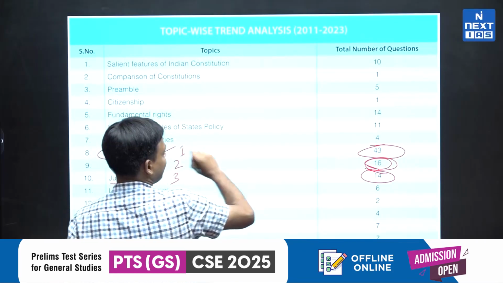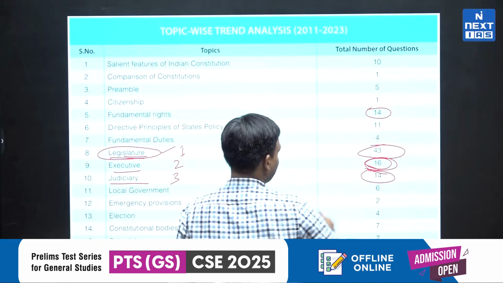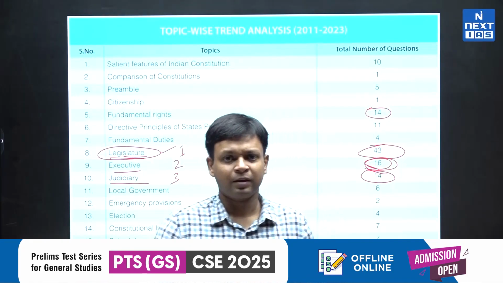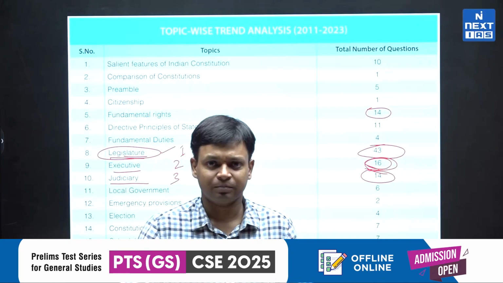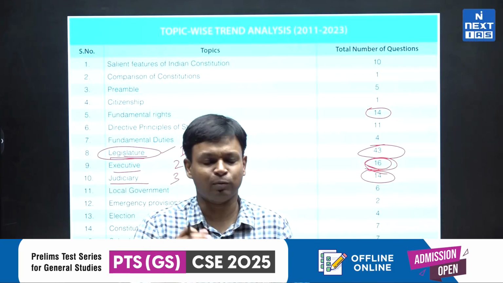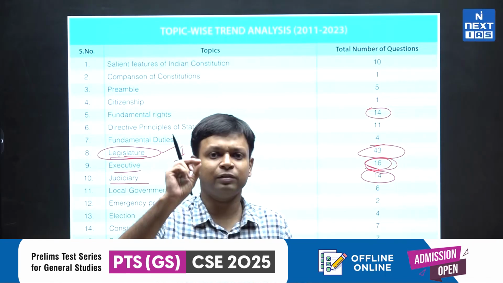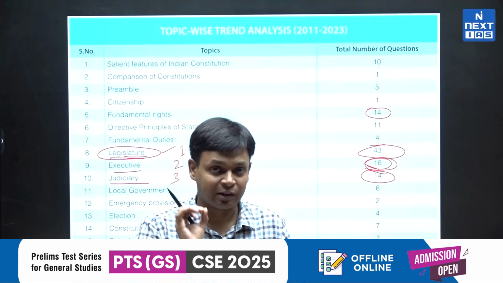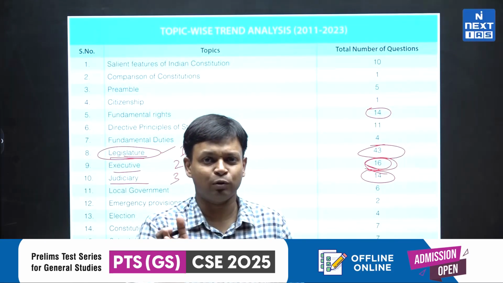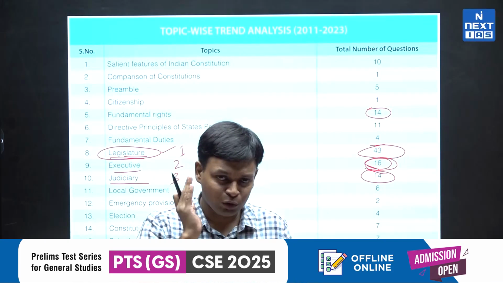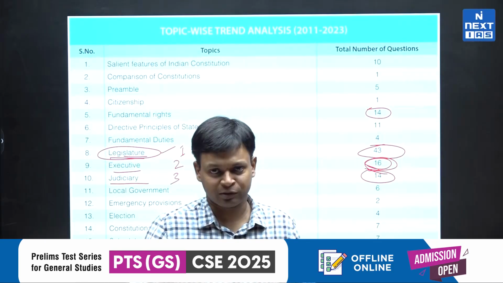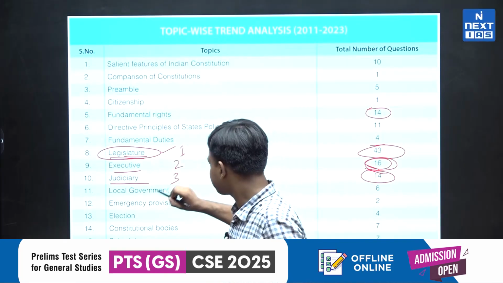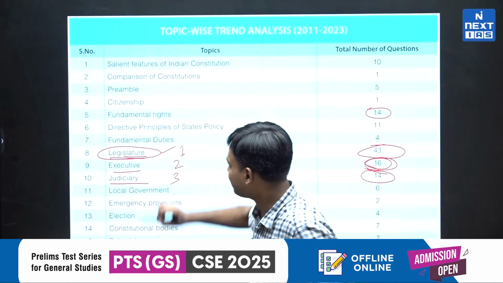And similarly fundamental rights, it is again parallel to judiciary. So अगर हम list बनाएं कि सबसे important topics क्या हैं, if you are making a list of the most important topics for polity, the topmost priority will be legislature. You have to complete legislature topic very, very thoroughly. You have to go through whatever book you are reading, but I always recommend how to approach the topics. I will talk of that also. Let us first of all look at these. So important area is legislature, executive and judiciary, and fundamental rights.